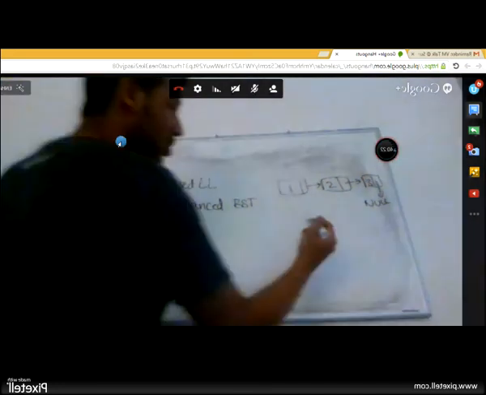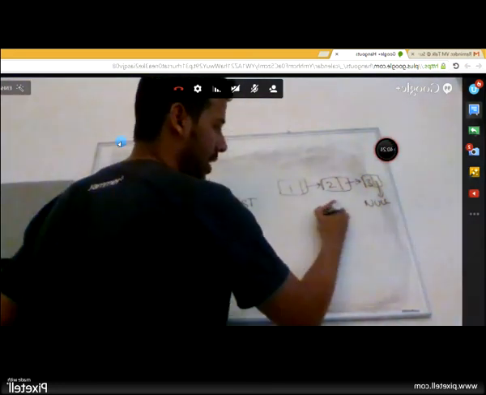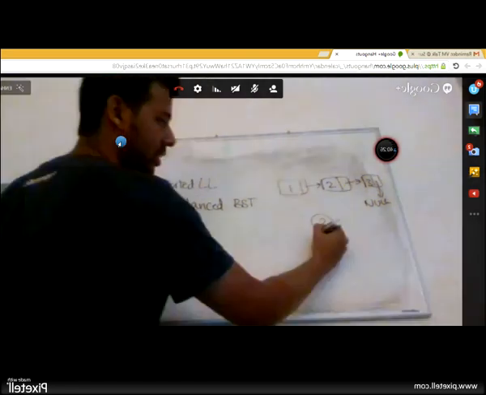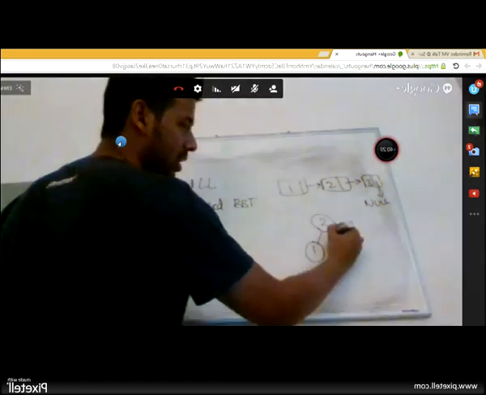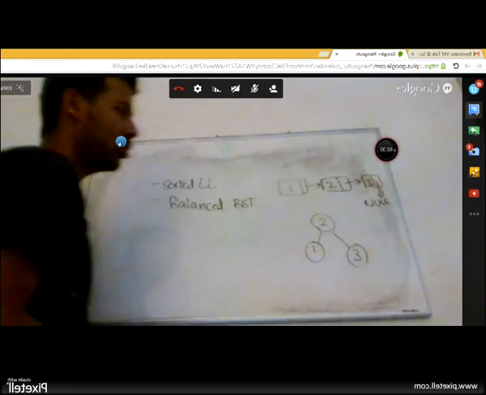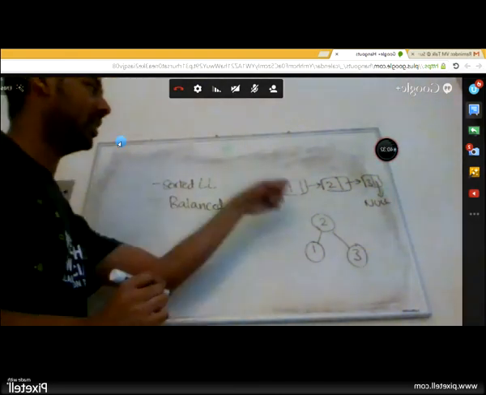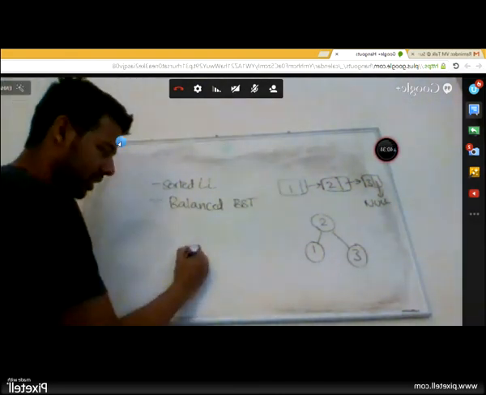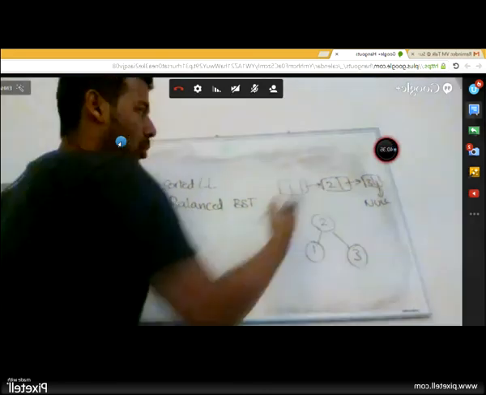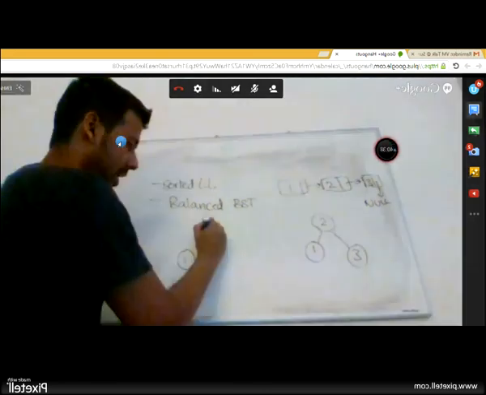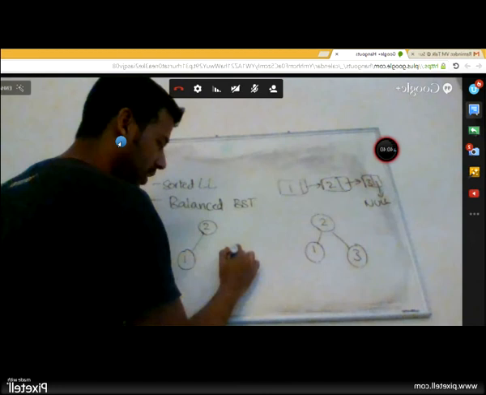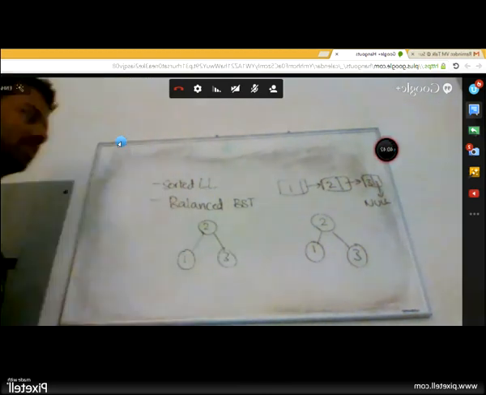With the array approach, the construction would be like this. I would construct 2 first, then I would construct 1, then I would construct 3. That would be the order. In a linked list approach, what if I do this? I construct 1, then I increase the pointer, then I construct 2 and I establish this link, then I go to 3, then I establish this link.